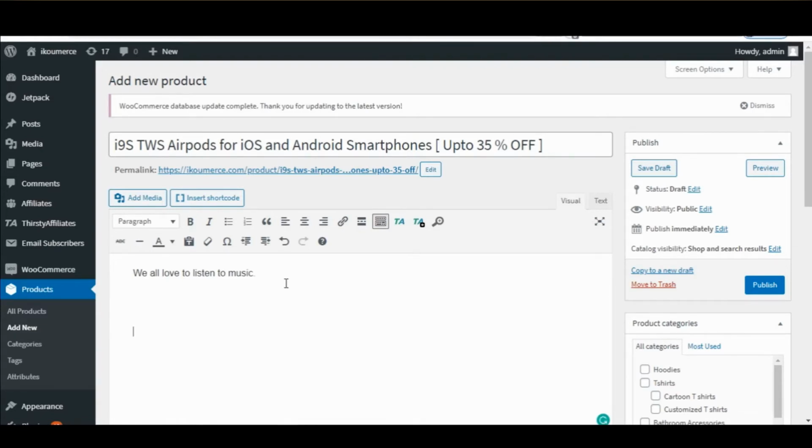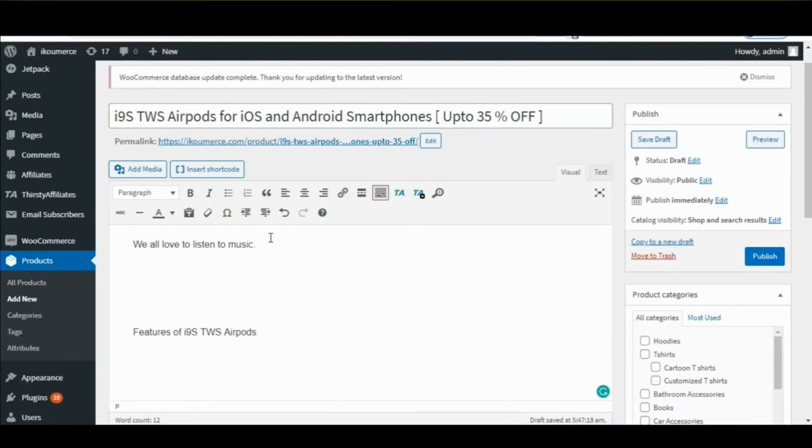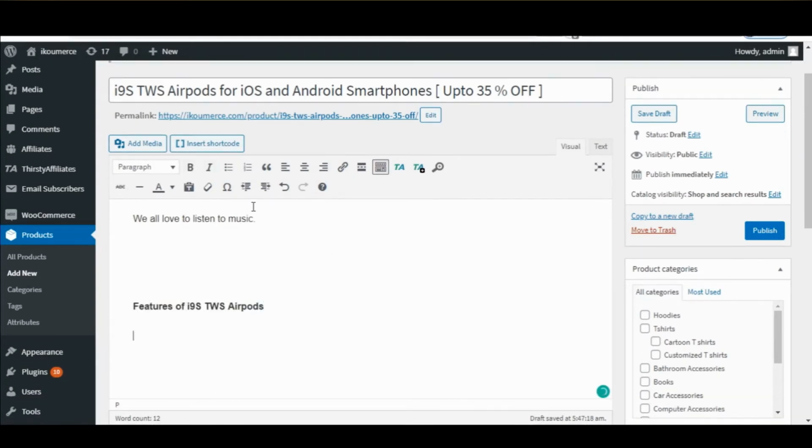So after writing the first paragraph, you can add the features. You can add a section of features of i9s TWS AirPods. So if you have to bold it, just click on the bold button, and this particular button will make a bulleted list for you.